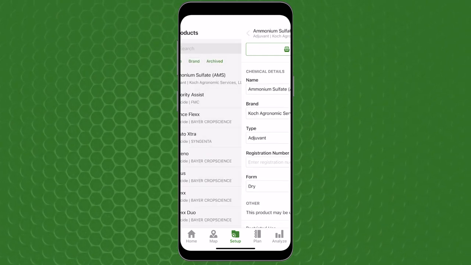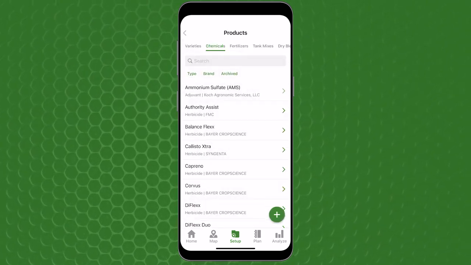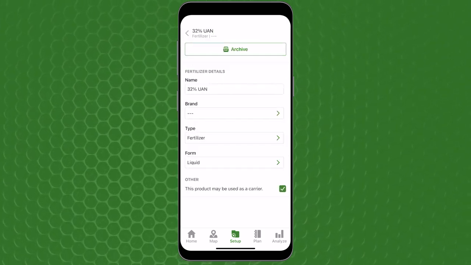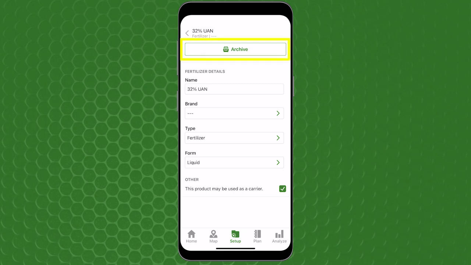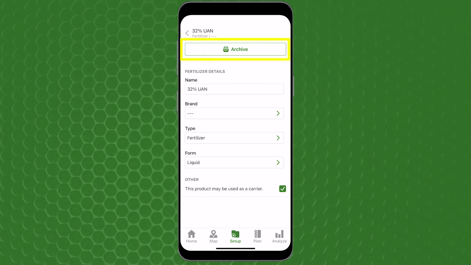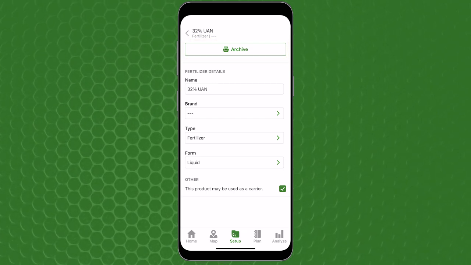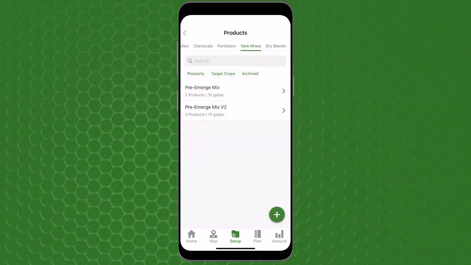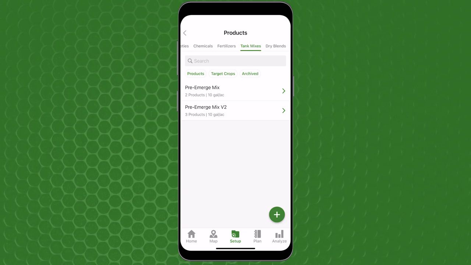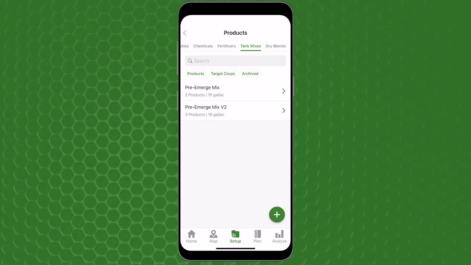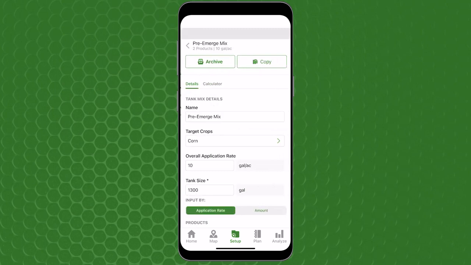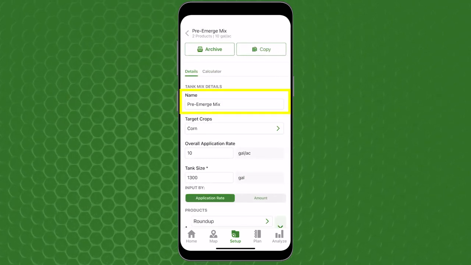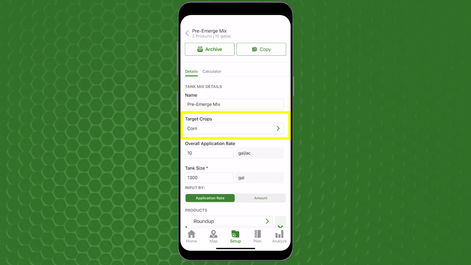You can filter each tab by crop varieties, brand, or other type of chemical or fertilizer. You can archive and make available any variety, chemical, or fertilizer. Looking at tank mixes and dry blends, you can view the active or archived selections and filter between product and target crops. Checking the details of any tank mix or dry blend, you can view their name, target crop, products